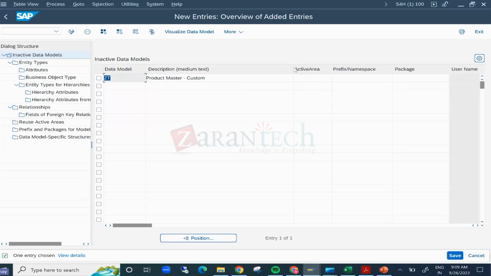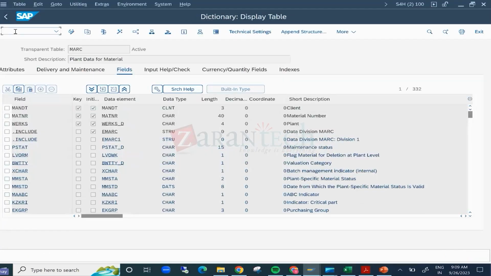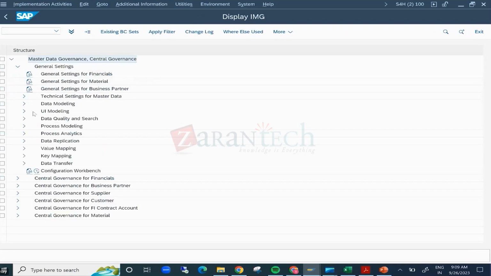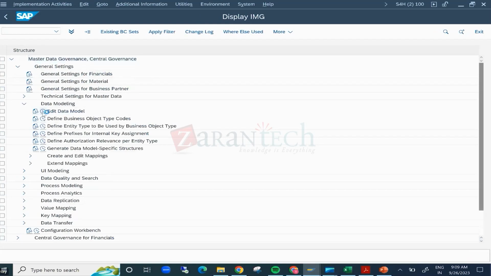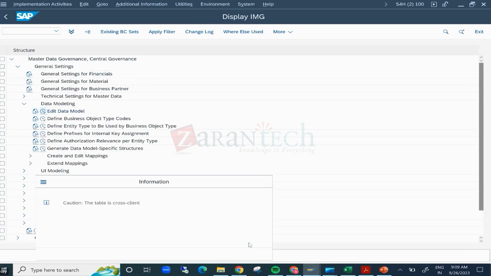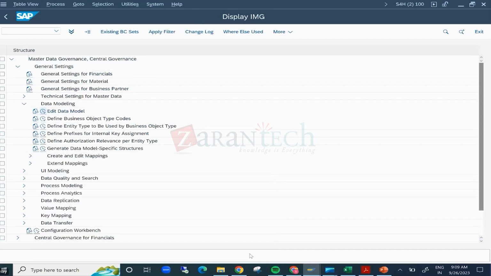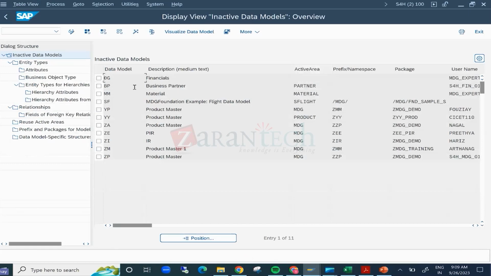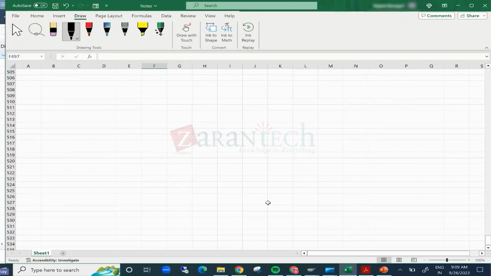Now here you have something called active area. Let me open in display mode in another window. There is something called active area. If you look at the finance data model, this active area is blank, and for business partner, material master, and other data models, there is some name defined over here as the active area. So what is this active area? We discussed that in case of reuse mode,